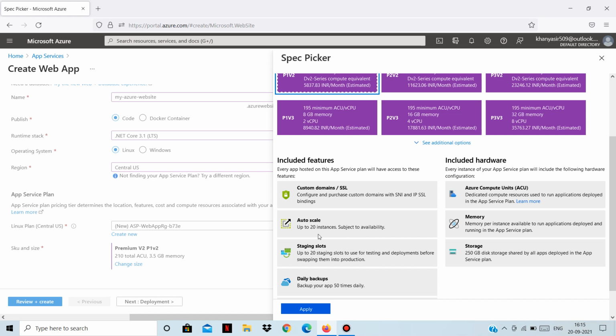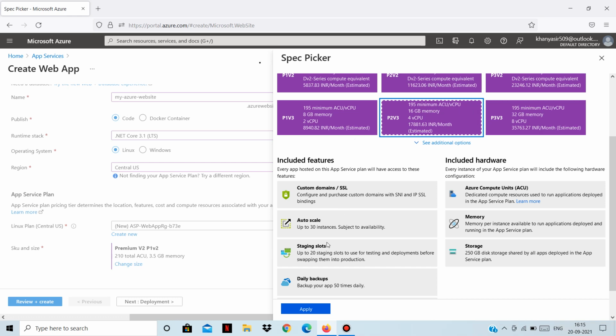You don't have to manually scale, and it supports up to 20 instances. If you choose a higher plan, you will get more features. So if I choose P1v3, it will auto scale up to 30 instances, and here it will only auto scale up to 20 instances. It will also take backups up to 50 times daily.